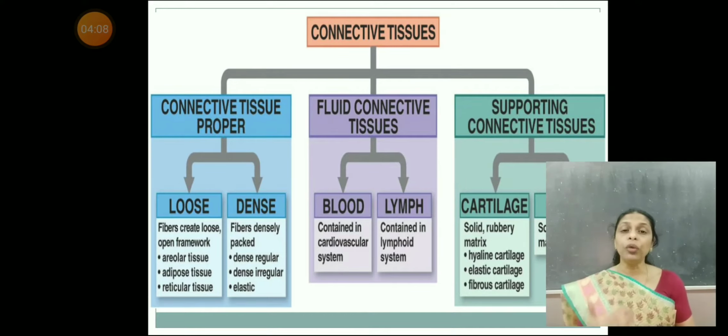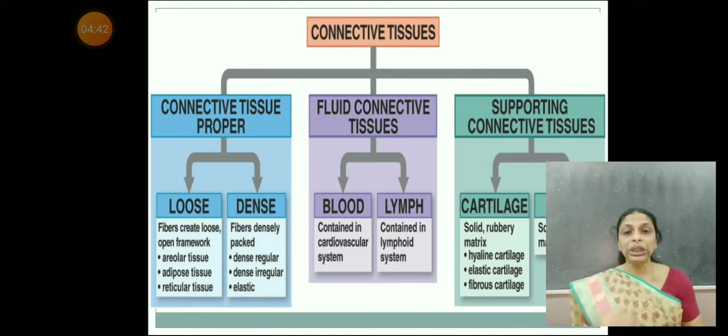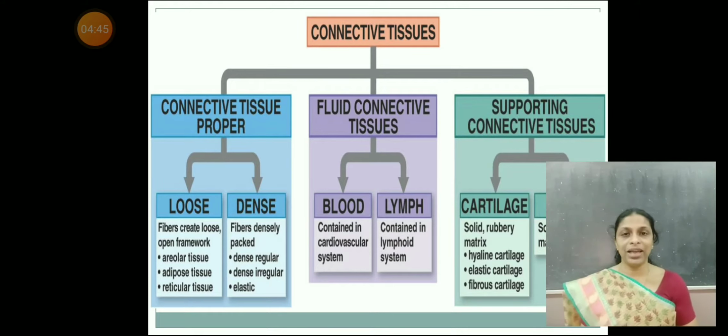Now let's see about the fluid connective tissue. From the term itself it's very clear, fluid, there will be a liquid. So which is a liquid which connects various parts of our body? You know that, blood and lymph. So these are the two main fluid connective tissues found in the body of organisms. And the third type, that is supporting connective tissue, also known as skeletal tissues. Skeletal tissues can be broadly classified into two. One is cartilage and the other one bone. Okay, now we will study about each of these tissues in a bit more detail. Hope the classification of connective tissues is clear to you all.